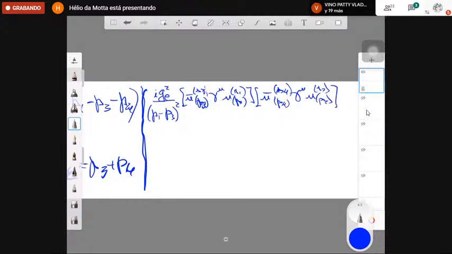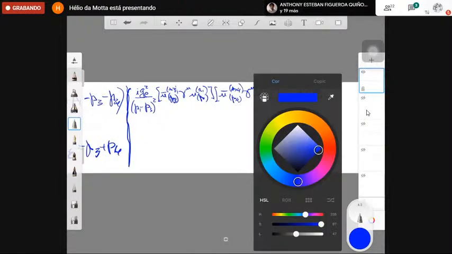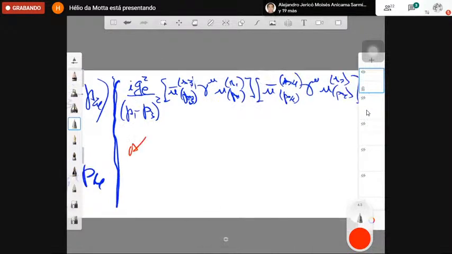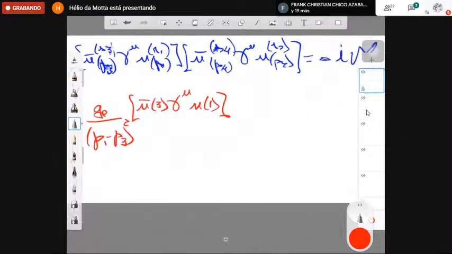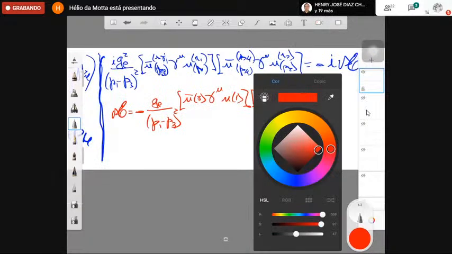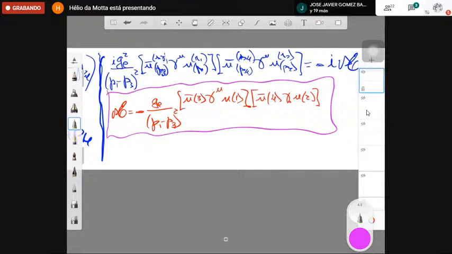Okay? And we know that this has to be equal to minus I M. M is what I want to calculate. So M, I'm going to put it here in red, is equal to minus G E over P1 minus P3 square, U. I'm just going to write U3 just to make it shorter, and then U4, U2. And this is the amplitude of the Feynman diagram that we have been looking for